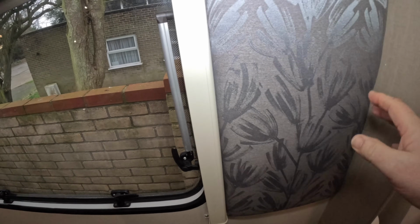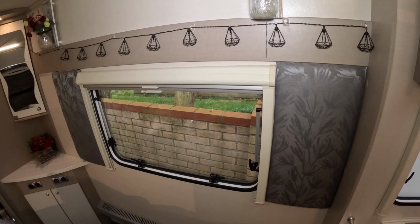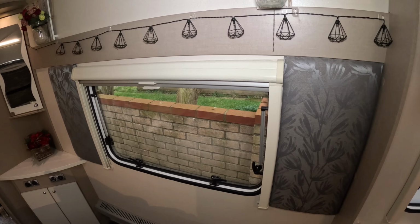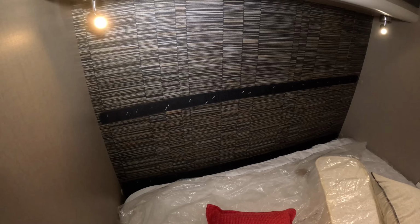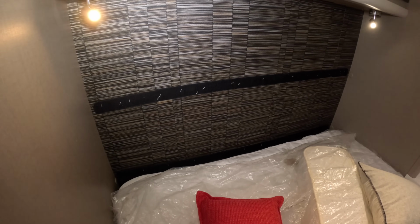And that's it. That won't move. So they look okay. Match the curtains at the front of the Caravan, which is brilliant. Get the headboard on now. So the headboard goes on exactly the same way. Look, got a couple of wider Velcro strips over here, and that will just push against those and go on,